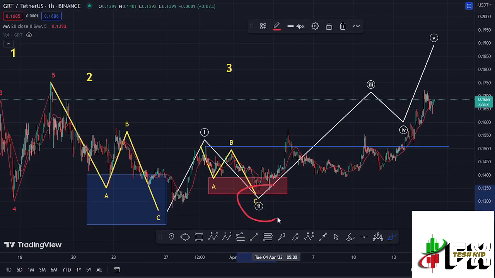In a move that has now fully maximized our minimum target area in the formation of this wave 2, and all this is playing out after we fully peaked in the formation of that first wave in a move that gave us a high at around the $0.151 mark. And my primary scenario here on the GRT chart has been that whatever we are seeing at the moment is the start of an impulsive wave to the upside in the formation of this wave 3. And at the time of this recording, we have also fully maximized our first target area in the formation of